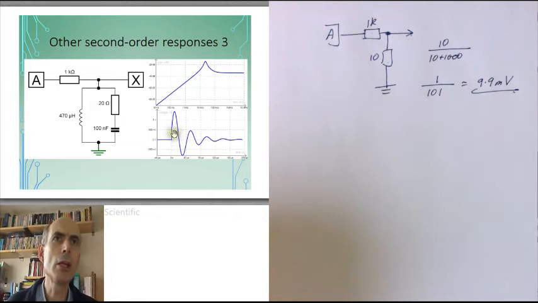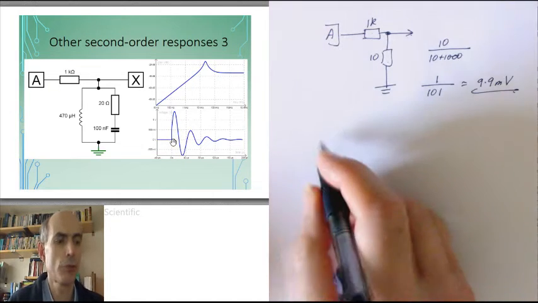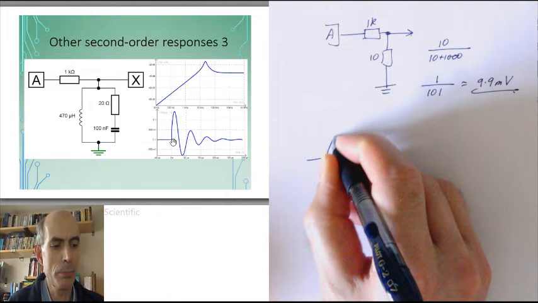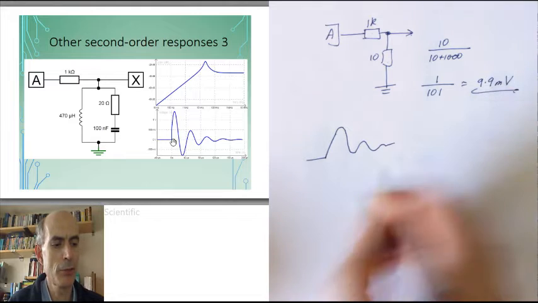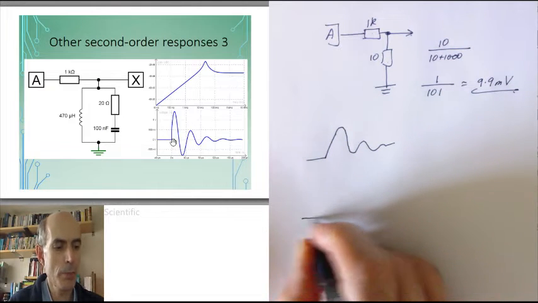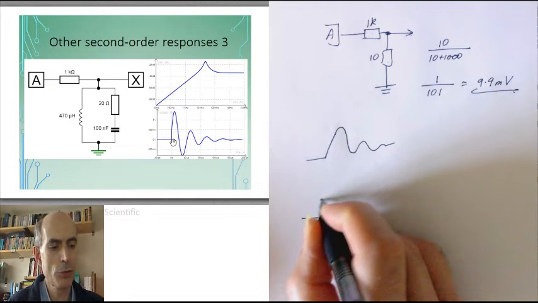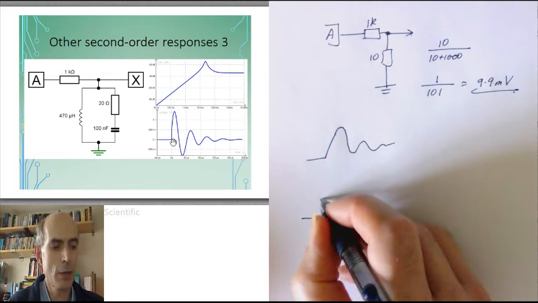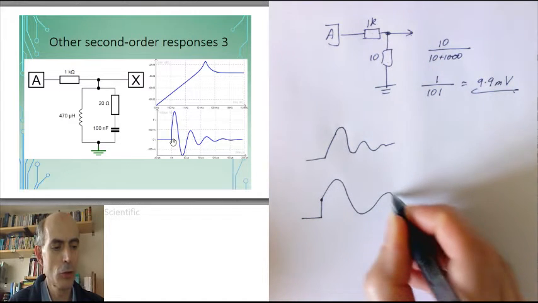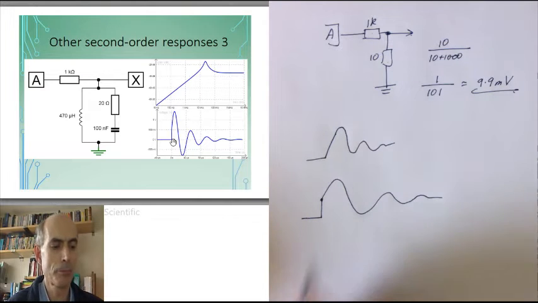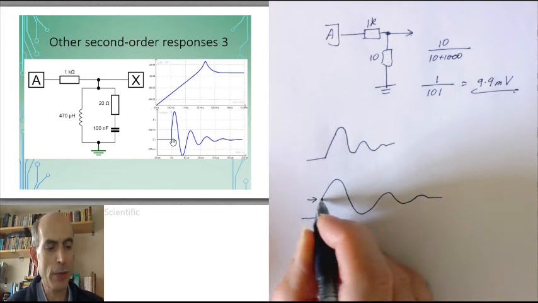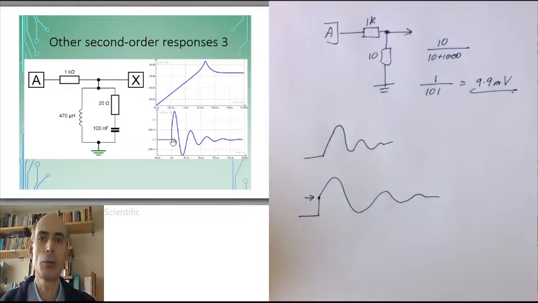You may be able to see that the step response is no longer starting up in a ramp like this and then oscillating down like this. The step response here has jumped up to a certain initial value and is then starting to oscillate and ring away from that initial value. And we can work out that initial value, either by working out the frequency response of this and setting omega